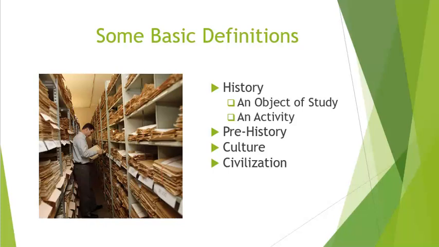One of the weird things about the word history is that it really has two definitions. First, you can conceive of history as an object of study, in which case it can be either everything that people have said or done in the past, or better yet, the record of everything that people have said or done in the past. Second, you can conceive of history as an activity, the act of producing records, usually, but not always, written records about the past.